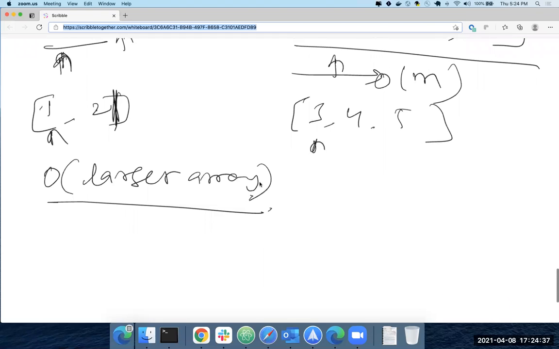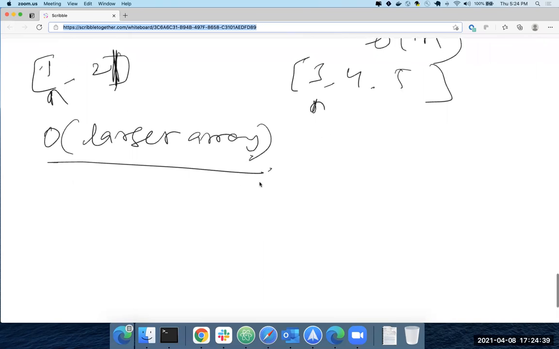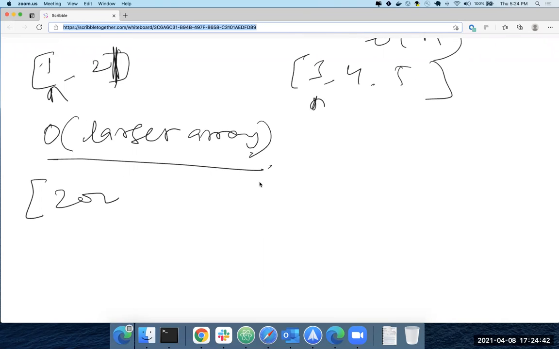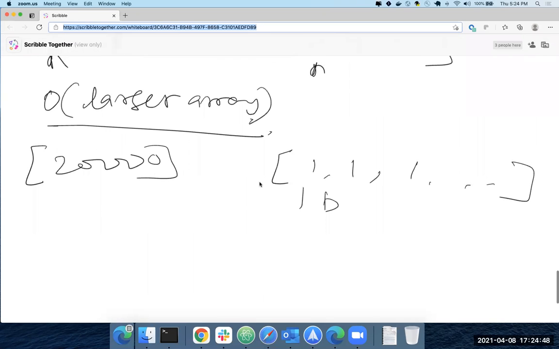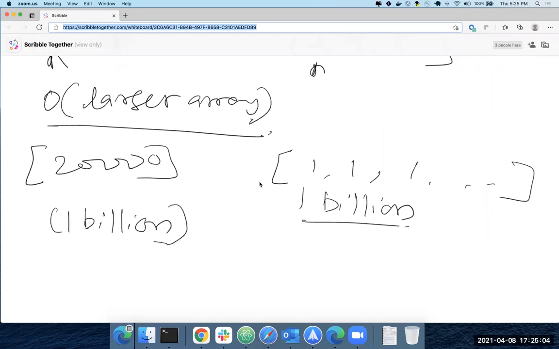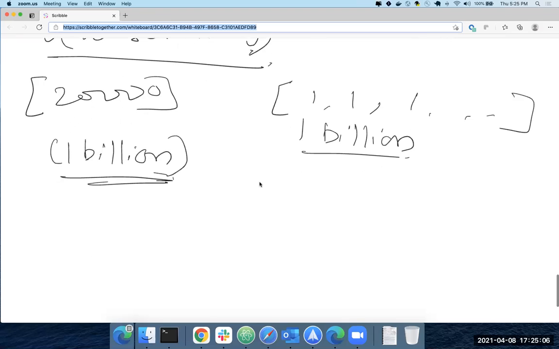Okay, so let's say this one had only one element, let's say 20,000, and this had many, like 1 billion. Because it's sorted, you can check the last element. If the last element is less than the first element in the other array, you can kill. So here it'll still be 1 billion. Okay, so how else can you improve now?